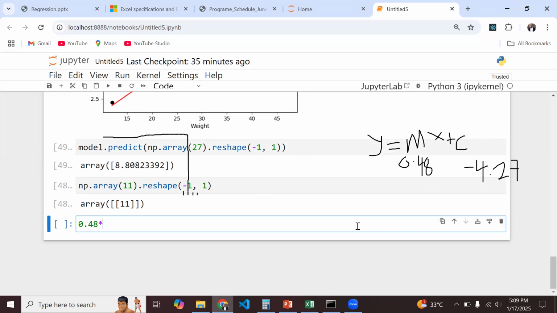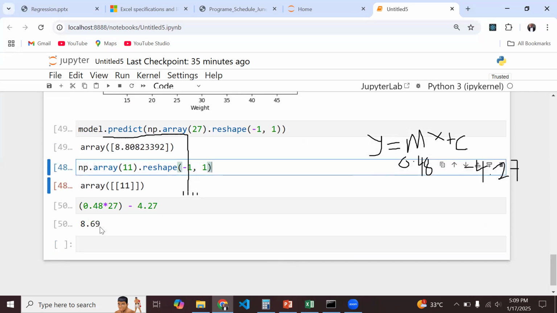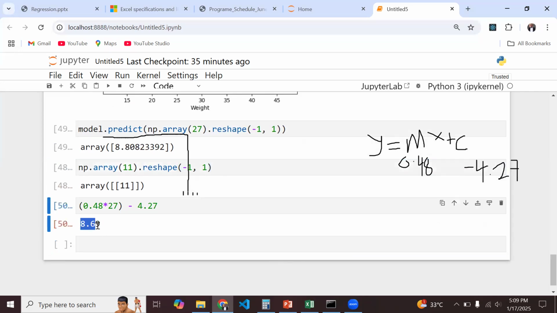Okay, multiplying the 27, which is the value we want to make a prediction out of, 27 plus, because this is negative, let's just do it right away, approximately 27. Okay. And then we get, because there have been some approximations over here with these values,